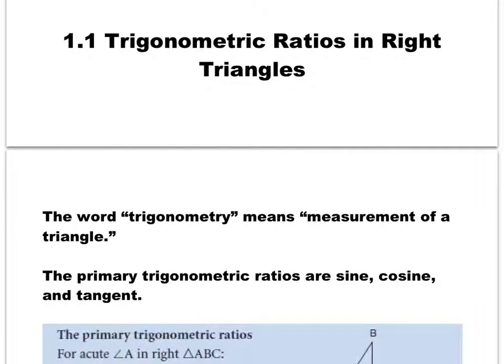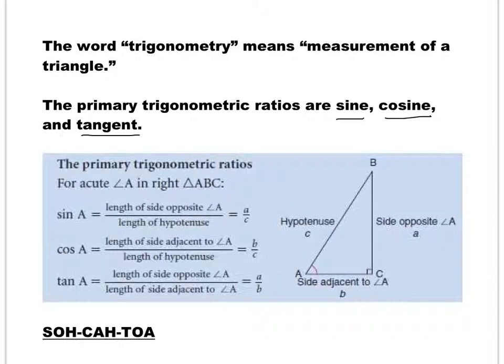Before we continue, just to remind you that trigonometry means measurement of a triangle. This is the name in math which is assigned to the process of measuring the sides and angles in a triangle. Now, the primary trig ratios that we are going to talk about are sine, cosine, and tangent. Remind you from grade 10, 11 that the sine, cos, and tan are defined in a right triangle. Again, a triangle which has a 90 degrees angle, which is represented with a square or sometimes the number 90,